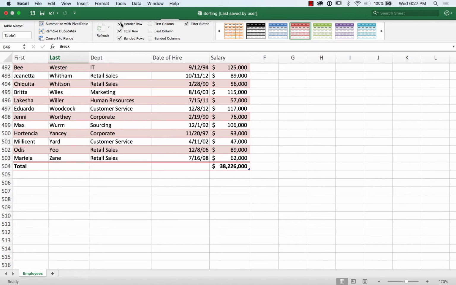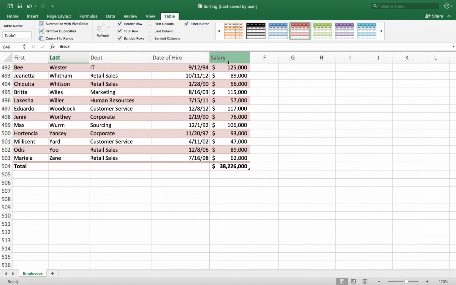But check this out. You can change the type of calculation you're doing really easily. So I'm going to go to the salary column here, click in the total row, and when I click in the total row there, look at that, I get this drop down arrow. I can click on the drop down arrow and change the type of calculation really easily. If I want, instead of knowing the total on the salaries, to get the average salary, it's just one click away. I just click on that and cool, there's my average salary. Okay, so it makes it really easy to analyze data.